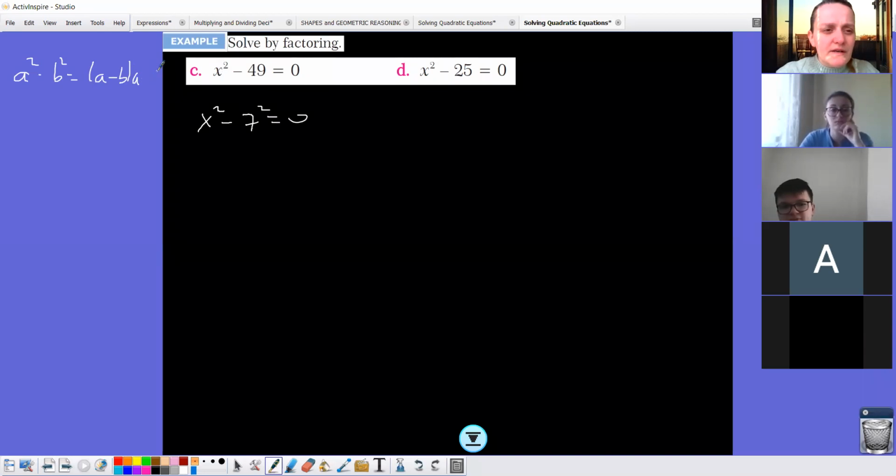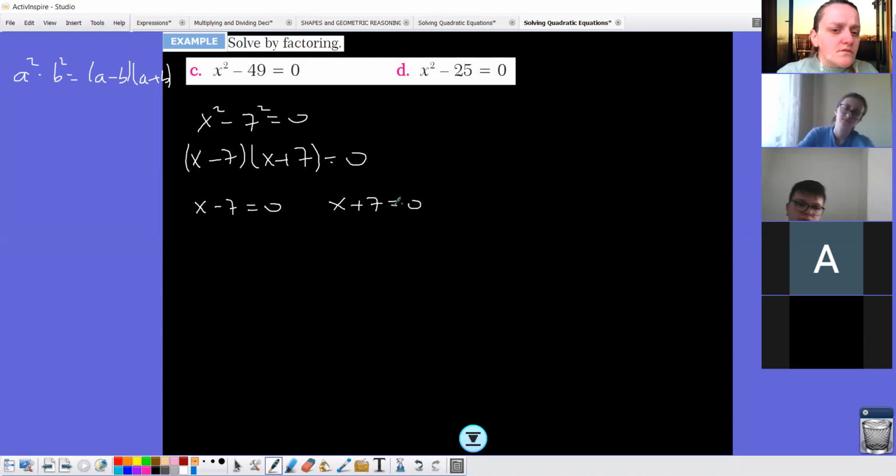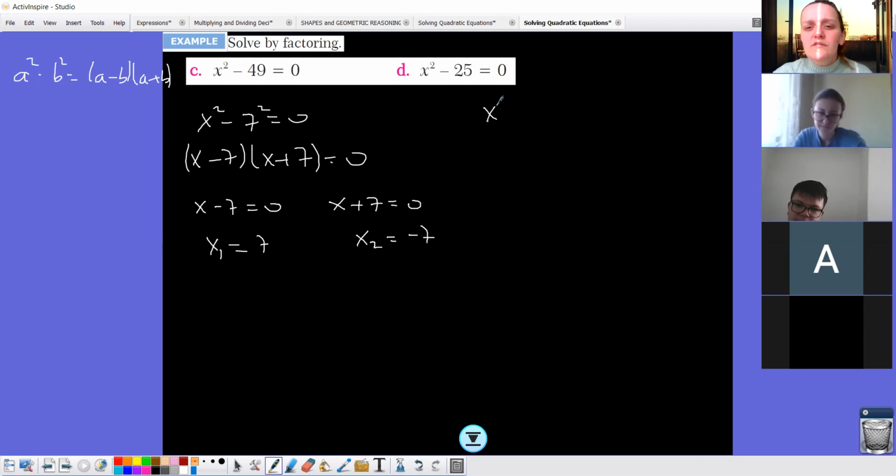Yes. So I can write this one as x minus 7 times x plus 7. From here, x minus 7 is equal to 0, x plus 7 is equal to 0, then x1 is equal to 7, x2 is equal to minus 7. The same in the D: x squared minus 5 squared you have. So x minus 5